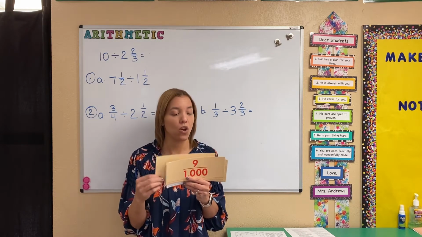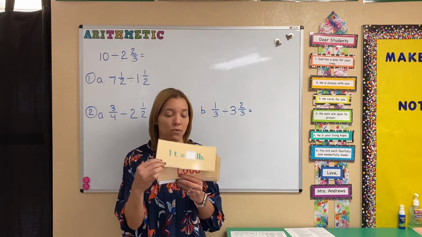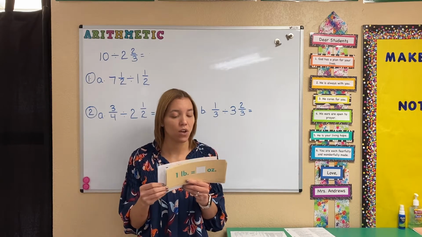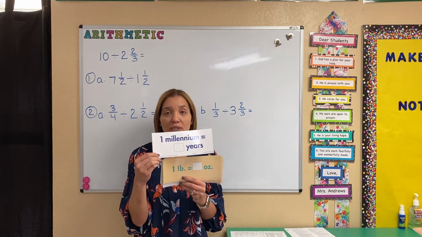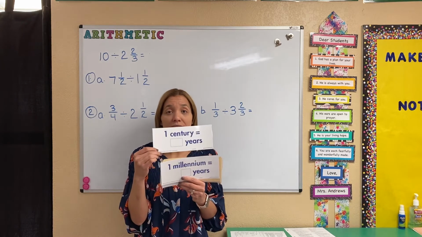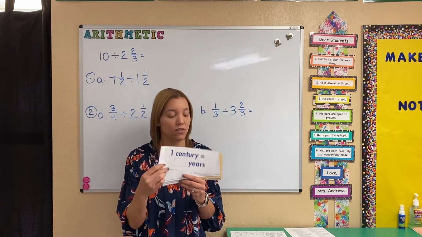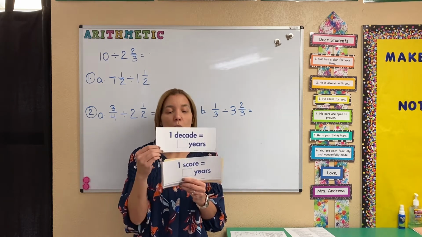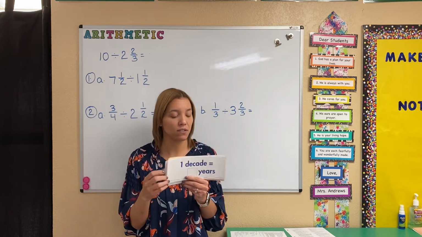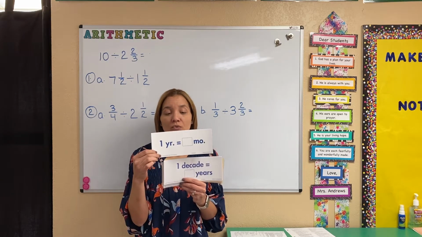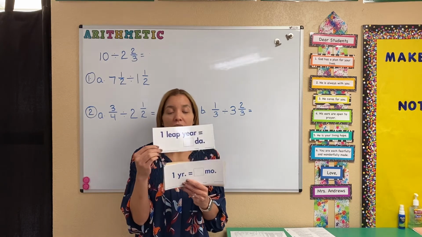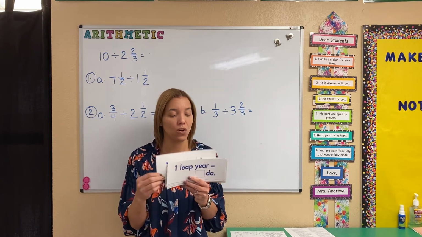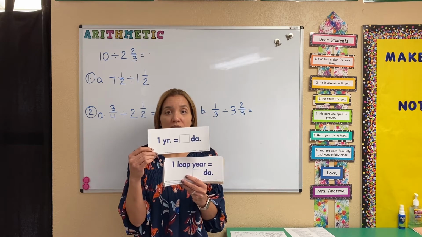9 over 1,000 is 0.009. 1 ton equals 2,000 pounds, 1 pound equals 16 ounces, 1 millennium equals 1,000 years, 1 century equals 100 years, 1 score equals 20 years, 1 decade equals 10 years, 1 year equals 12 months, 1 leap year equals 366 days, 1 year equals 365 days,